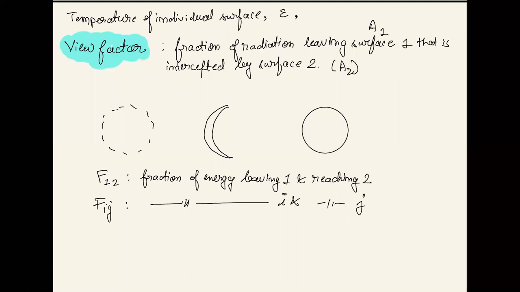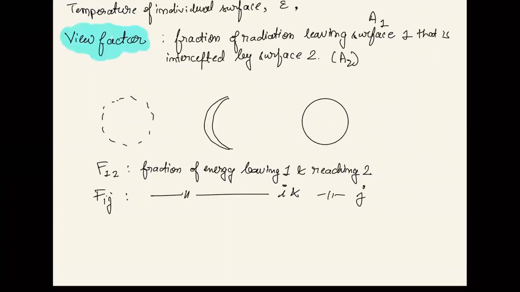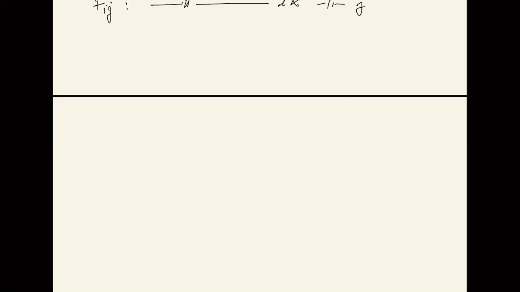All right. Now let's take a simple example and learn about few of the rules or laws regarding the view factor. Or we can also say them as the relations of the view factor. All right. So I have two surfaces. मेरे पास दो plates हैं यहाँ पे. ऑलराइट, जो एक दूसरे के ऊपर